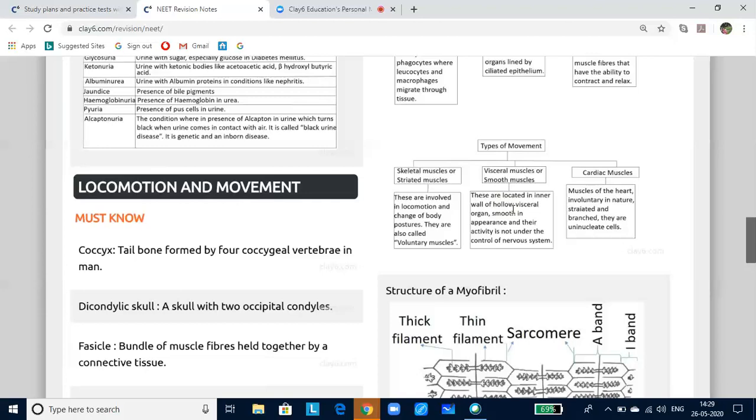Cardiac or heart muscles. These muscles are found in the heart wall. Structurally, they resemble striated muscles, but functionally, they are like smooth muscles. Each cardiac fiber is a short, cylindrical, uninucleate structure. They are placed end to end in rows. Now, an intercalated disc or zigzag junction occurs in between the two fibers. These fibers are covered by sarcolemma and they are somewhat branched. Cardiac muscles are fast-acting muscles and they contract under involuntary autonomic control.